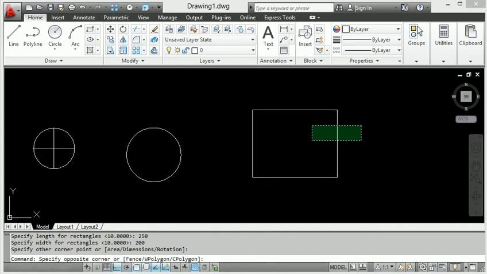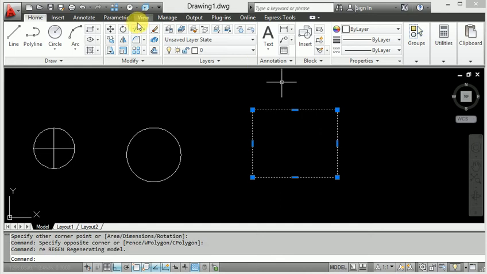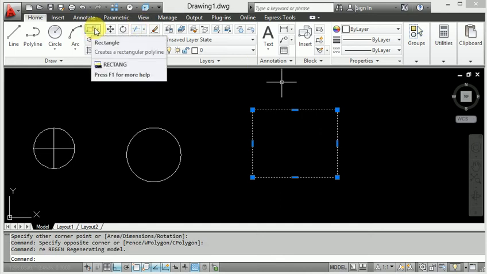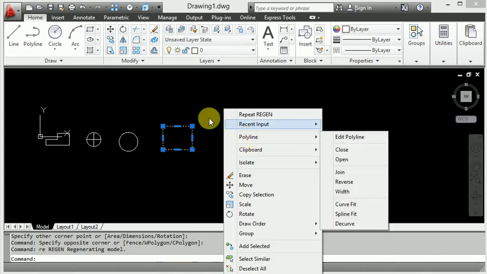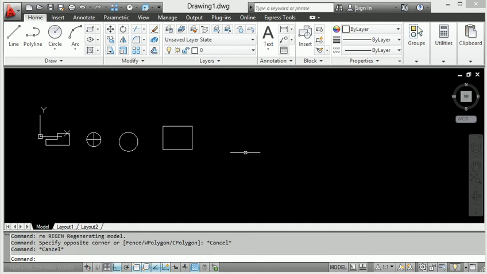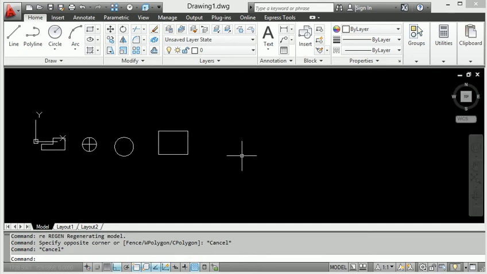But this time I will select this particular area, click Rectangle and go back to the background. But how do we use the shortcut key in the rectangle command? The shortcut command for rectangle is R, E, C. I don't select it here, I directly type the letters REC, called rectangle.